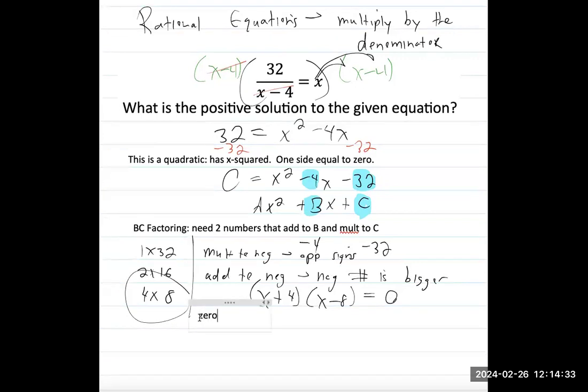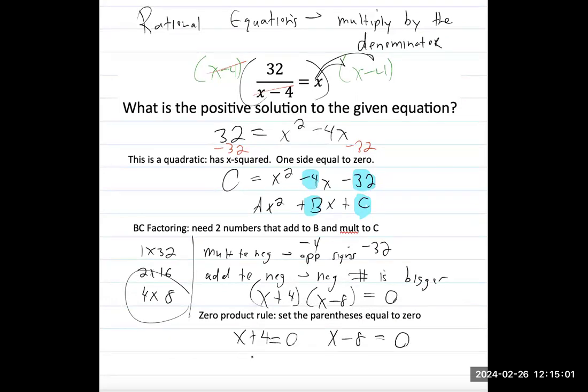Now we have the zero product rule. The zero product rule says that if you have parentheses multiplied together and the answer is 0, that could only happen if one of them is 0. So you're going to set the two parentheses individually equal to 0. So let's go ahead and do that. We would take x plus 4 and set it equal to 0, x minus 8, set it equal to 0,